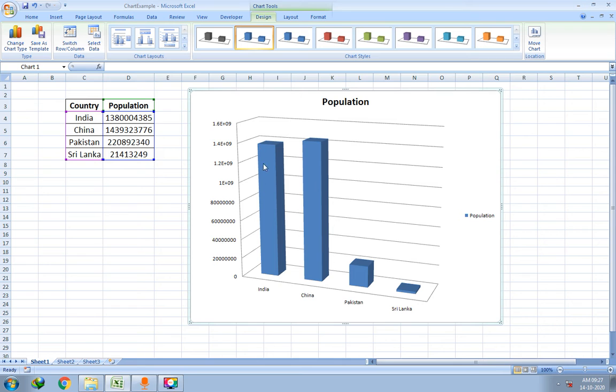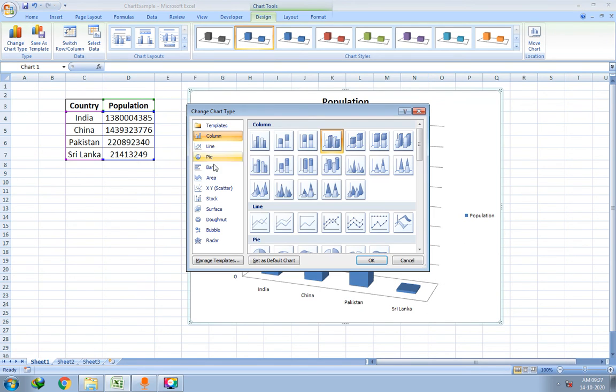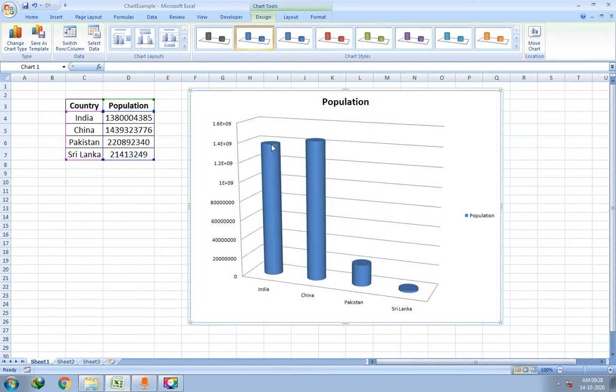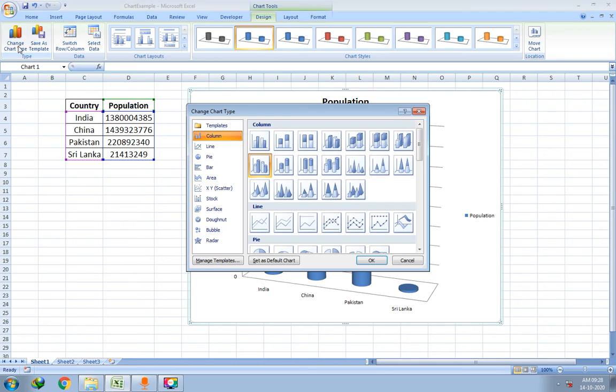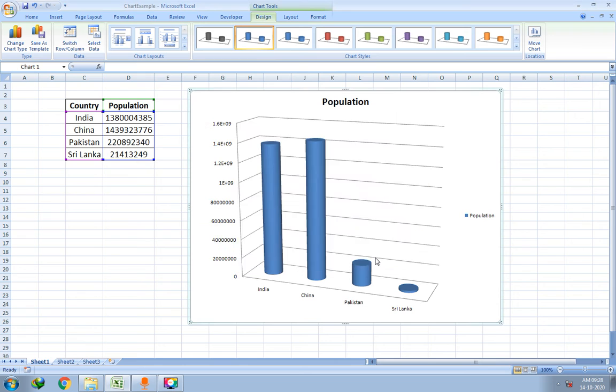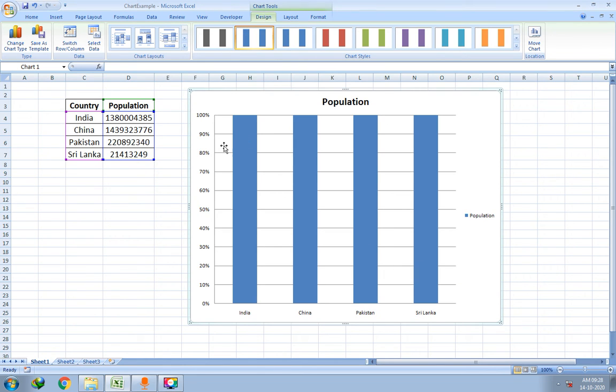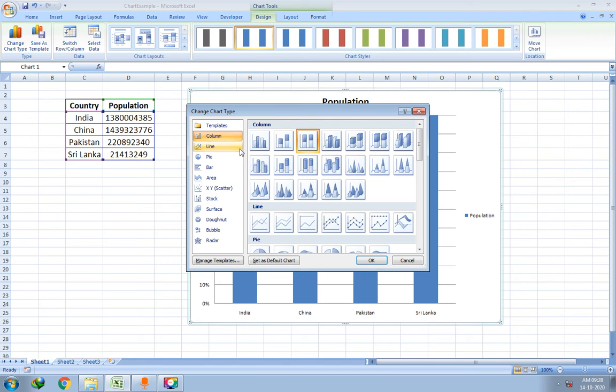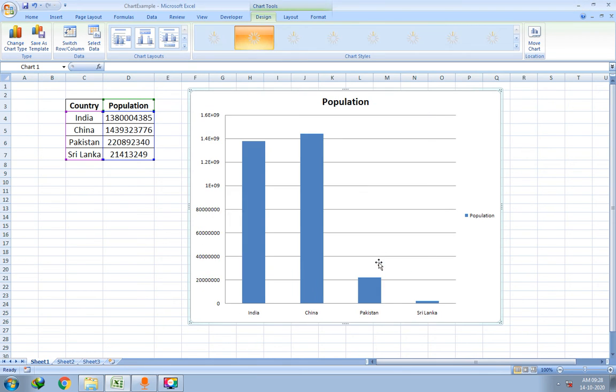Now you can see it is appearing like a three-dimensional chart, right? It looks like a 3D chart. You can change it to another type again. Let me say cylinder, and let me click OK. So it is like a cylinder, so it is also a type of 3D chart. So let me select a 2D now, a two-dimensional. Among these three I'll select this one, and I'll click on the OK button. So fine, it is not fitting well, so I'll select the first one.